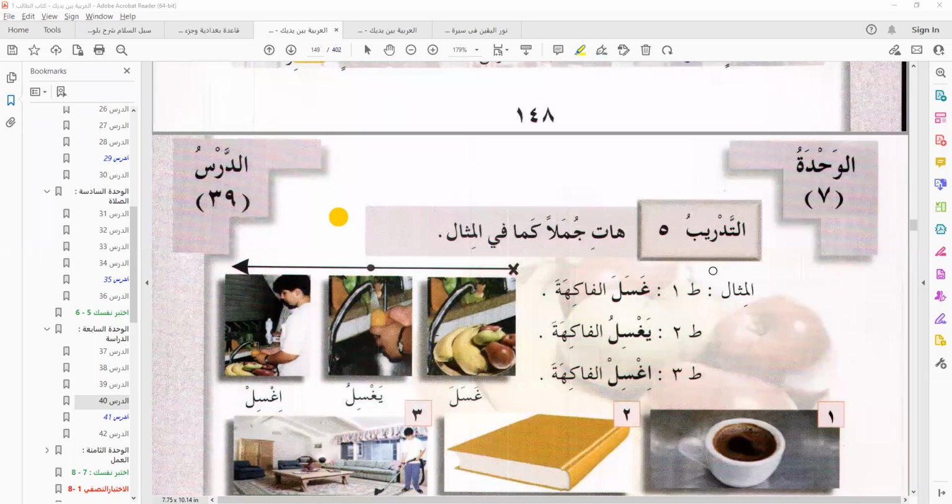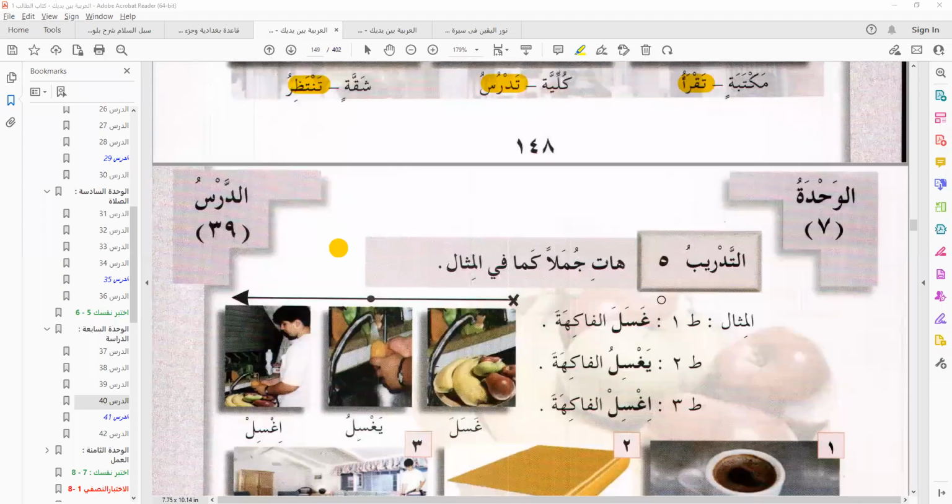Then you have التدريب الخامس. Just like we learned, this is fifth. It would have been خامسة if this تدريب was feminine. So التدريب الخامس.